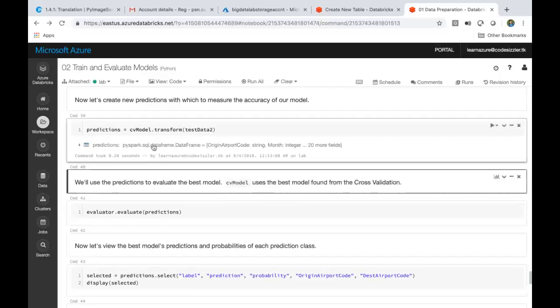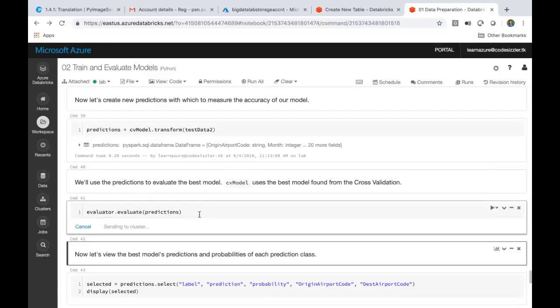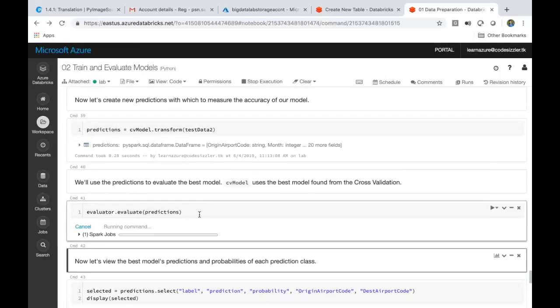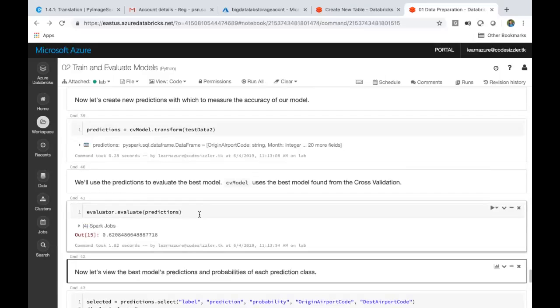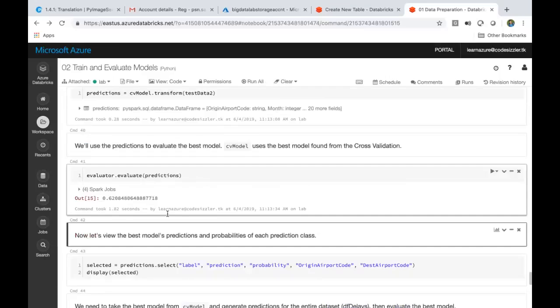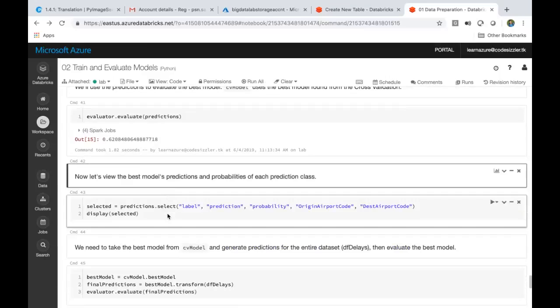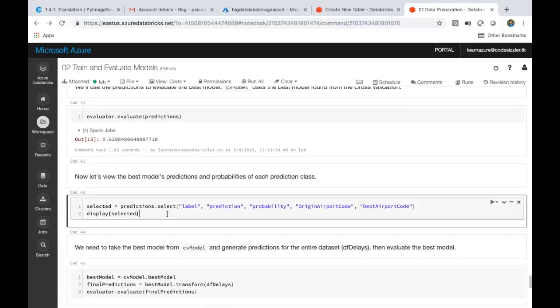This is done now. So I want to evaluate the model now. It is 62.08 only still, which means that we already used the best model there. One second. Sorry.